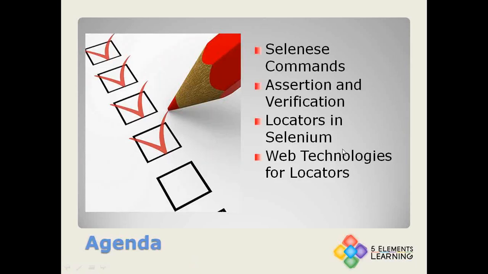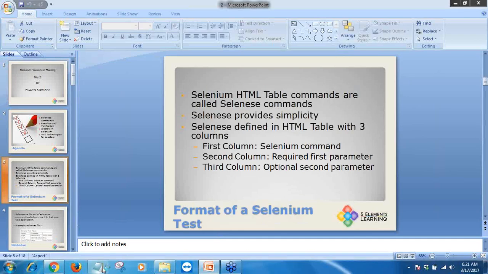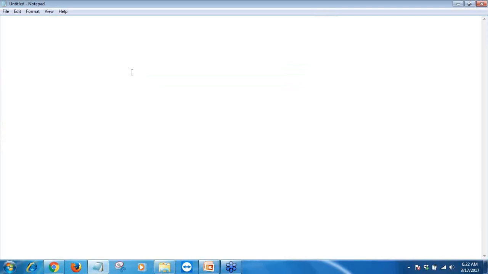Today we are going to talk about the concept of the Selenese commands, and we will be talking about the different types of command categories available in Selenium. Finally, we will be moving on to understanding what are the locators. That means how do we identify an object in Selenium, and we will be seeing the web technologies available to us for the locator. So yesterday when we recorded and saved our Selenium file, what we actually created was a